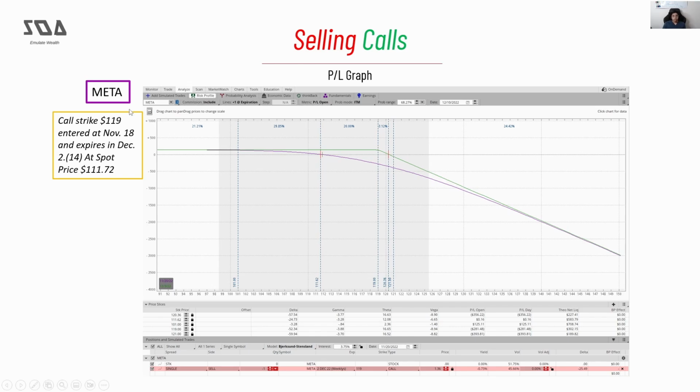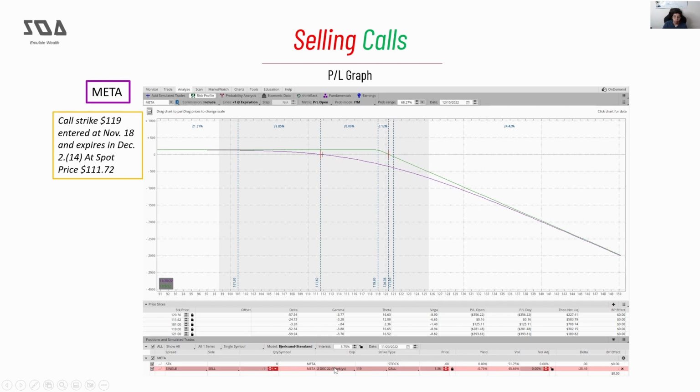In this case, this is Metaverse, and this is now a real-time P&L graph and how it looks. You can see that it looks exactly the same as when I started talking about buying calls. This is the amount of money won or lost, and these are all the share prices. Over here, it looks a bit technical for a person who meets it the first time, but this represents the option itself. This is the call option. This represents the strike price. This is the expiration date, and this is the quantity of contracts you're going to sell.